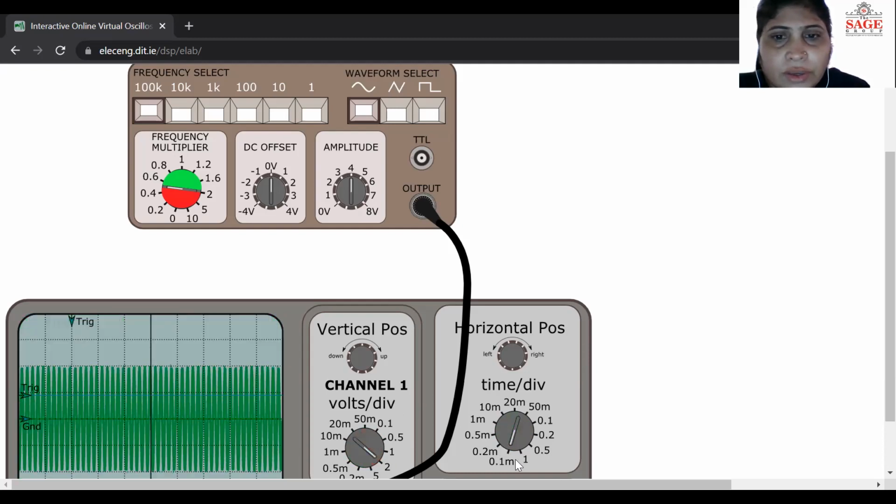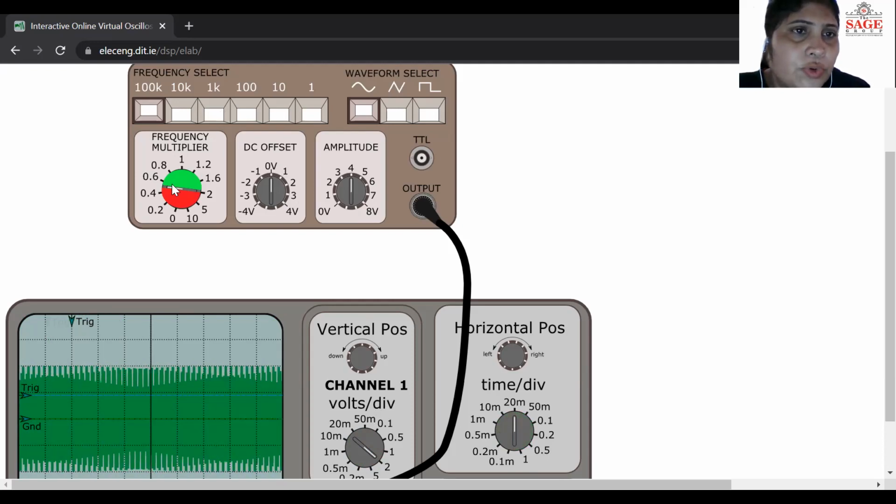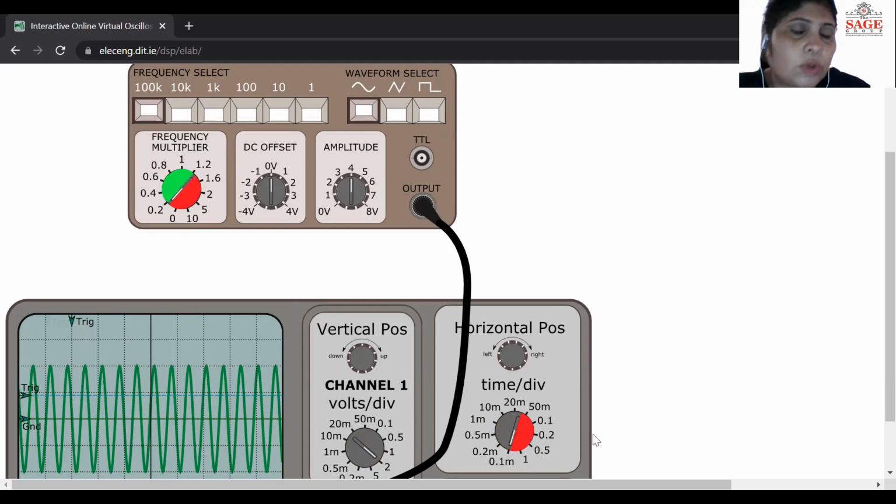I'm trying to make it in a readable range. Oh, this is a very high range, so this is not coming in a readable range. So I'm going to change this value so that it can come in a readable range. Still, this is not coming in a readable range. Now you see, yes, now this is in a readable range. So how much is it? This is approximately 0.2 multiplied by 100, that is 20 kilohertz frequency available here.